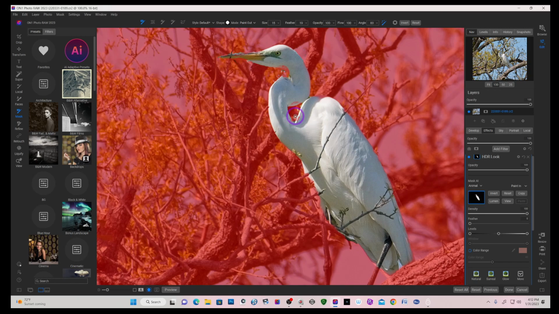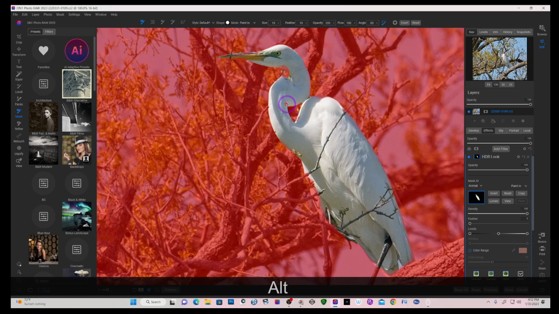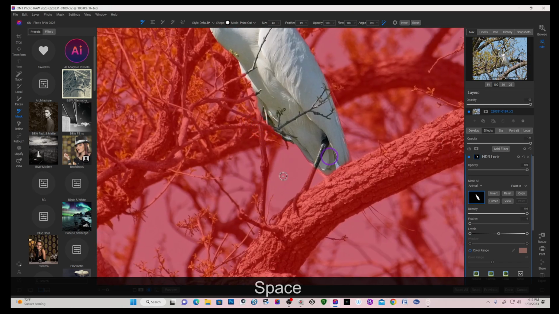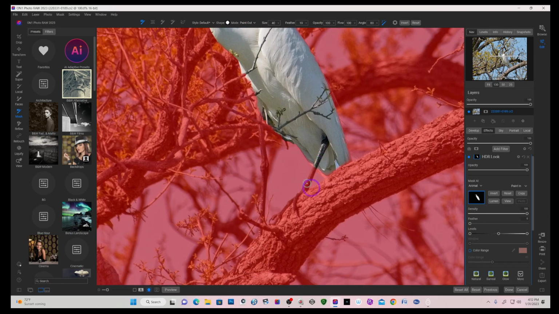Now, in some areas you can hold Alt and paint back in, or paint out, whichever selection you have. Now, I'm used a mouse up to this point, and something like this for the legs, to add the legs to the selection. I'm going to pick up my Wacom tablet. I have a small Wacom tablet with a pen,